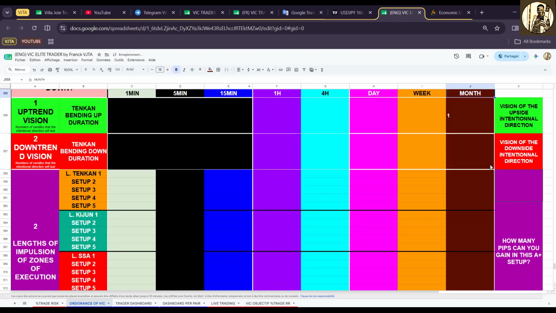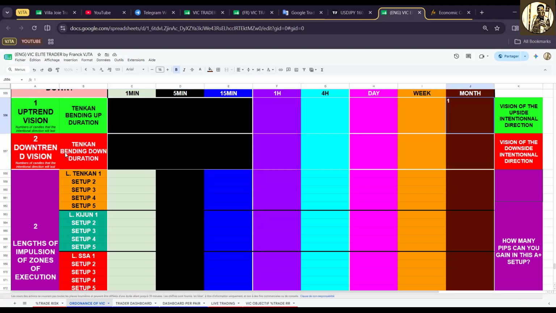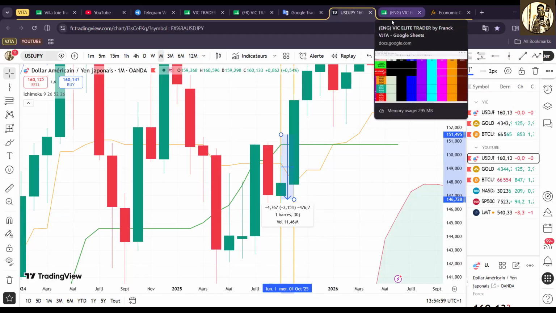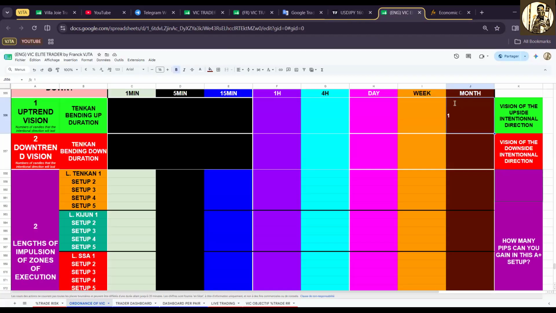The numbers that we are writing inside here, only for these two lines, for the downtrend and uptrend line, are bars, right? Those are the number of candles. What I call bars in French, I think in English we call candles. So we name candles this part, not days but bars. So 1 bar means 1 month, right?